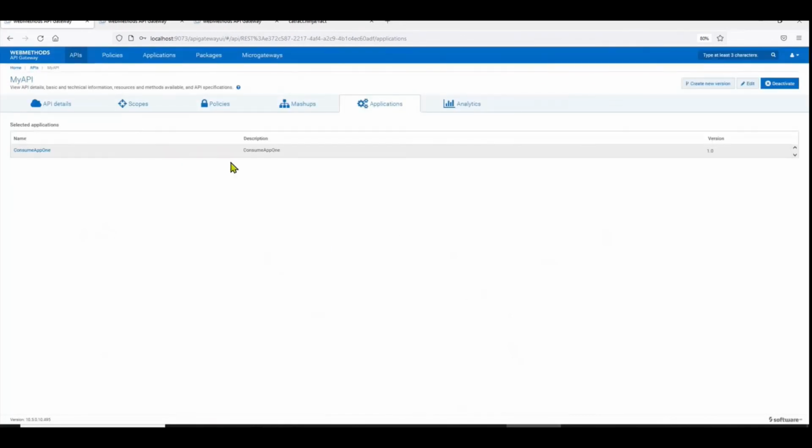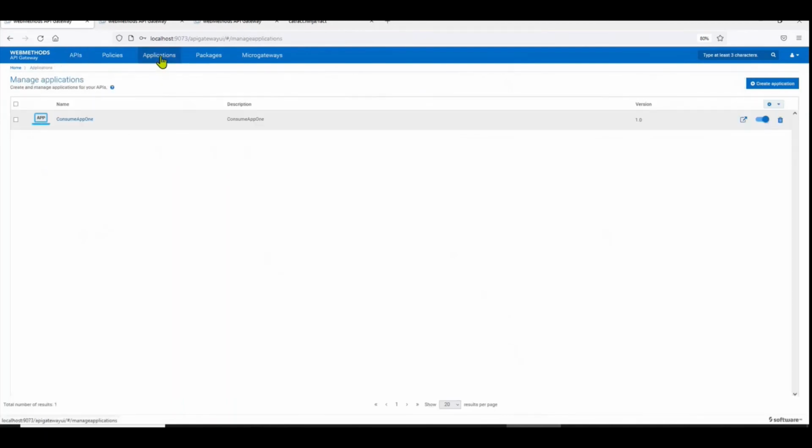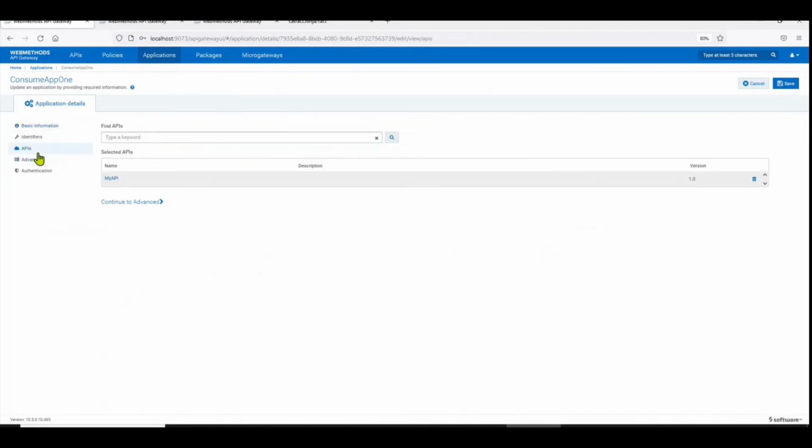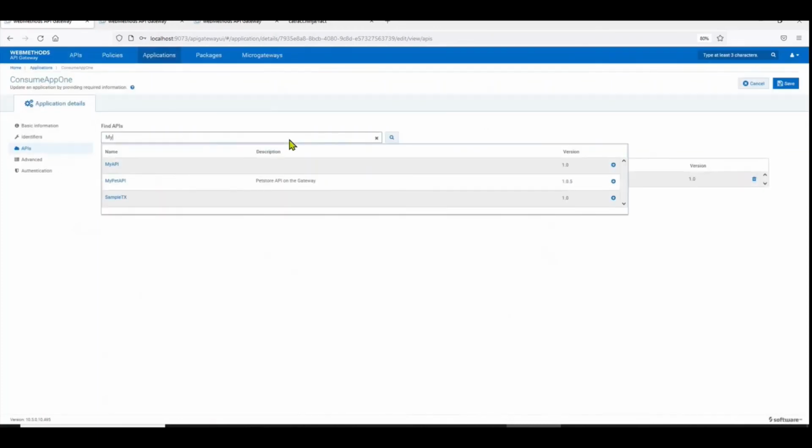That's one way of putting back the API with the application. Or you could go just to the application, edit, and in your API listing, remove the API that you don't want and put your API back over here. You could also put other APIs as well.